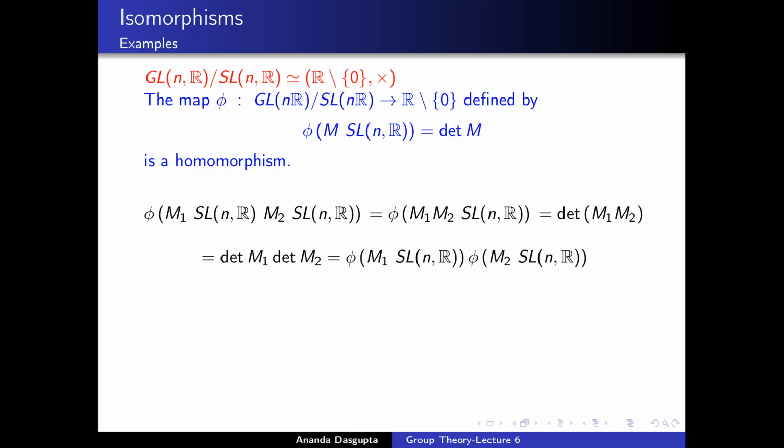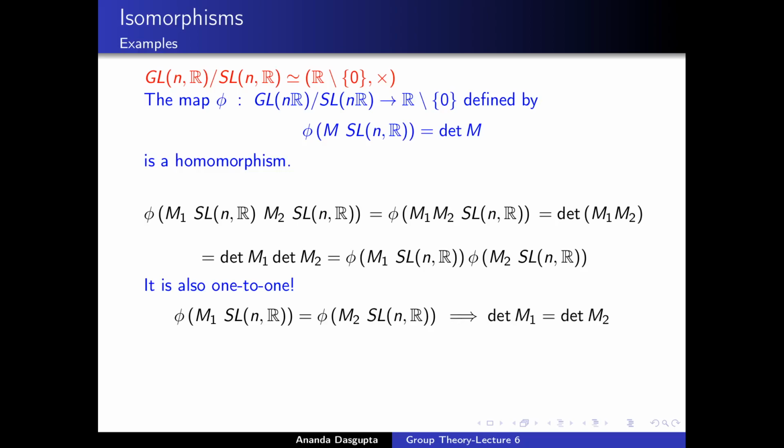Is it one-to-one? Well, let's check. I'm claiming it is also one-to-one. But to check that, we need to show that whenever two cosets map onto the same result, they must be the same coset. And how do you show that? Well, you start by assuming M1 SLNR and M2 SLNR give you the same result when you map them using phi, which of course means the determinant of M1 is the same as the determinant of M2, and that immediately tells you that M1 M2 inverse